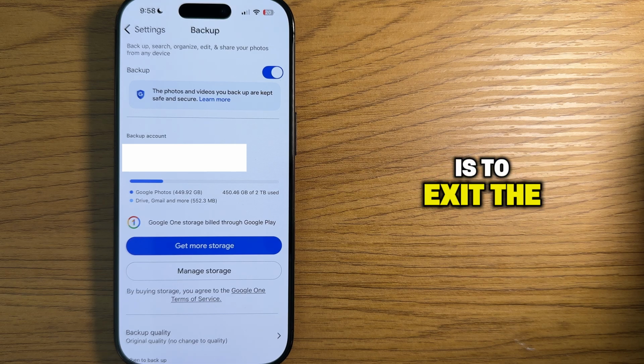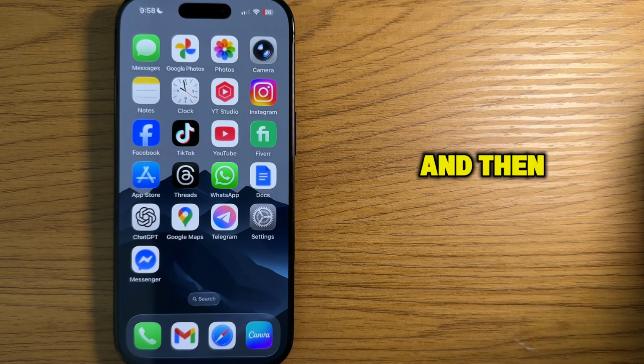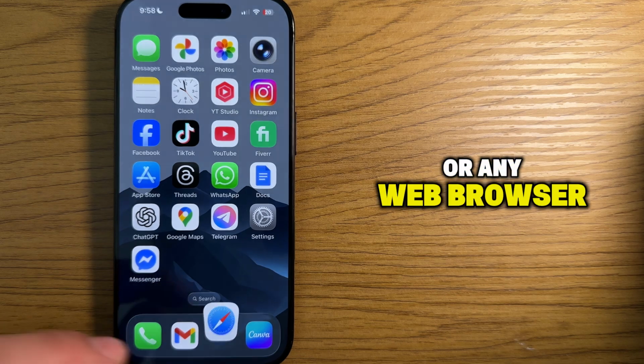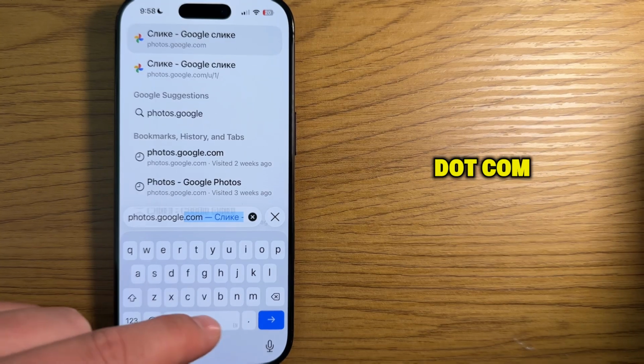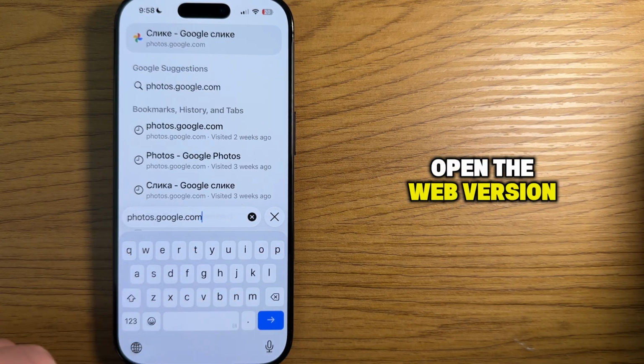What you need to do is to exit the Google Photos application and then open Safari or any web browser which you use on your mobile phone. Hop over to the website called photos.google.com, and then it's going to open the web version of the Google Photos